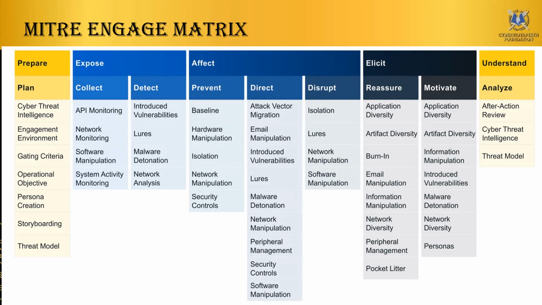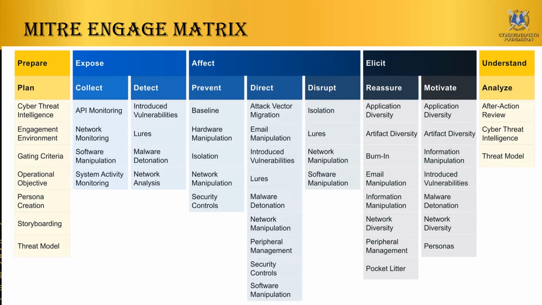Disrupt is, again, a part of effect. The OODA loop we talked about, you are trying to disrupt any one part of the OODA loop. You can create an isolation. Again, you have an opportunity for lures here, network manipulation and software manipulation. Here, you can even plant a game that mimics cards, a sandbox has been created, and whatever is happening is in a very isolated space where the attacker is not aware of it, but they provide you a significant amount of information available in memory forensics.